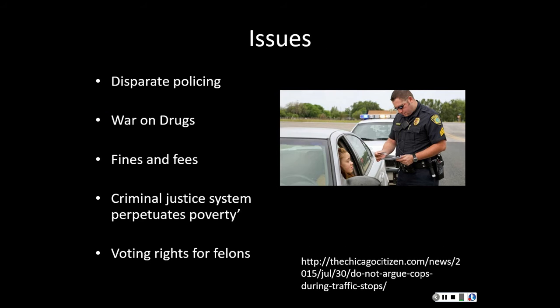Among the issues that social justice advocates are currently concentrating on, the first is something known as disparate policing. What that means is police resources tend to be dedicated to neighborhoods that have high crime. Neighborhoods with high crime tend to be neighborhoods that are largely black and largely people of lower income. Or I should say, they are low-income neighborhoods. However, because of the correlation between race and class, there's a disproportionate